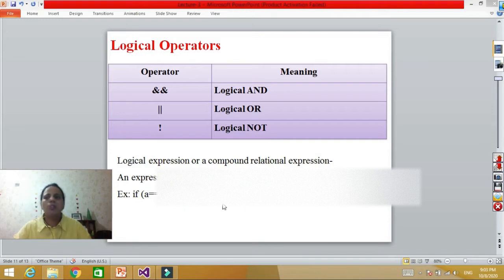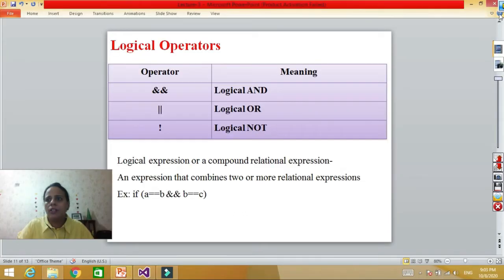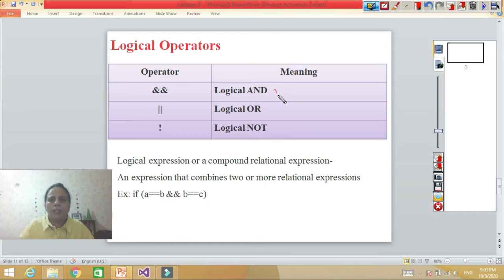These logical operators are used in combination with comparison operators. For example, this is the logical AND operator. With logical AND we can use two conditions or two relational operators.